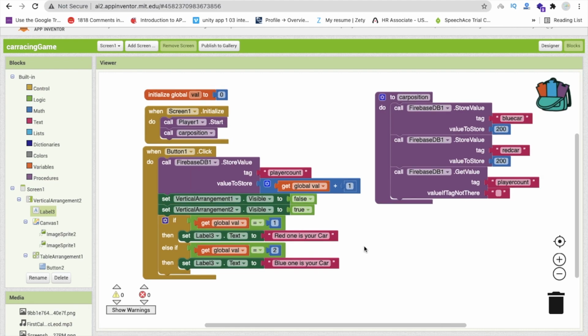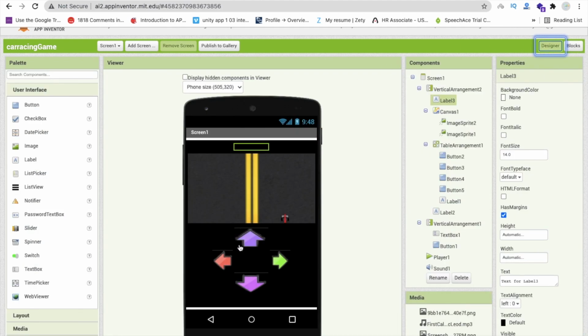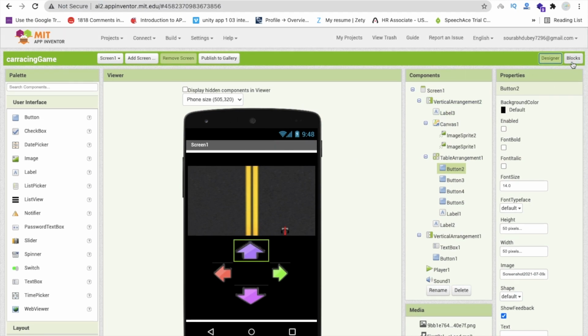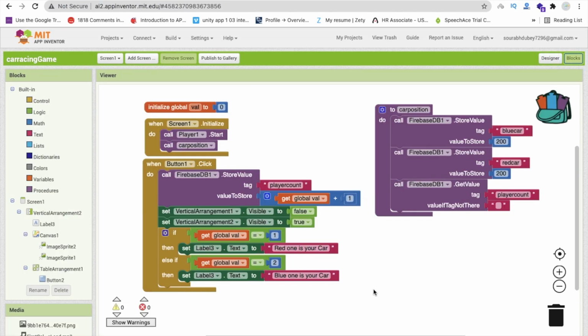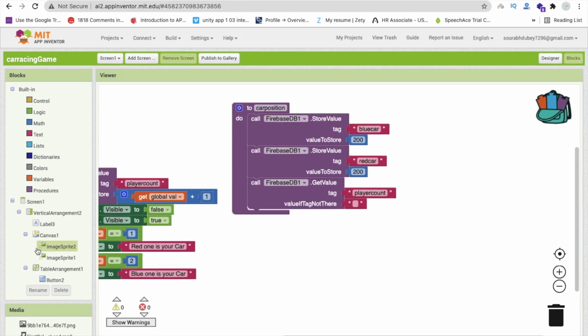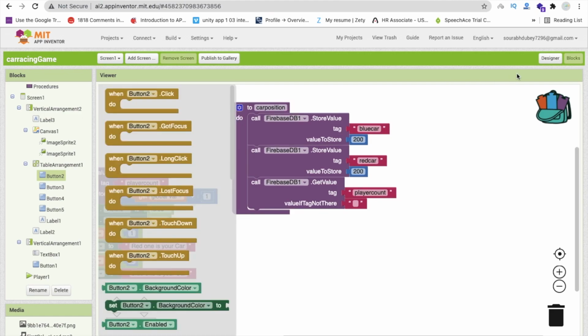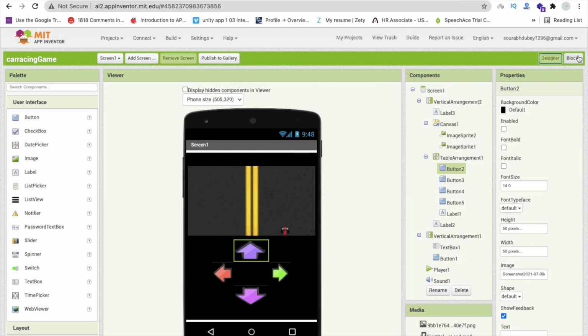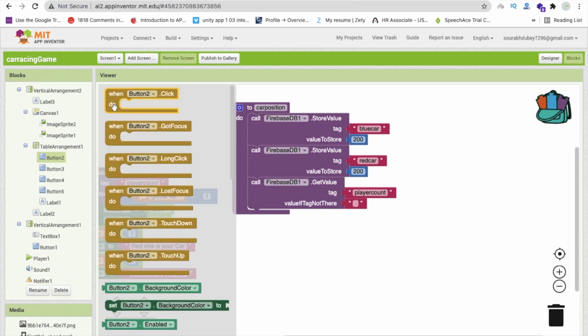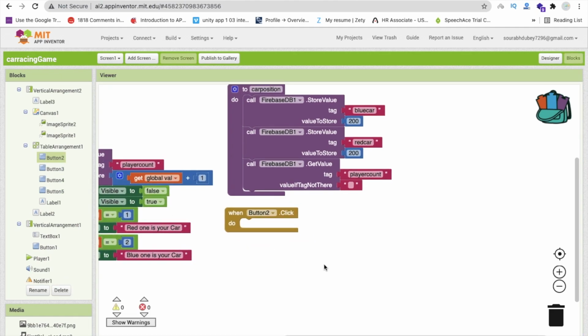Now whenever someone clicks on that button, it means button 2, we have to move our cars, and we have to move both cars according to condition. So how can we move those cars? So on that button 2, this is button 2, fine. Yes, button 2. On that click on button 2, we have to use, first we need to check the condition.